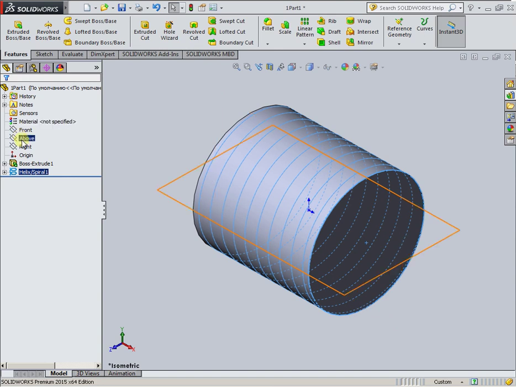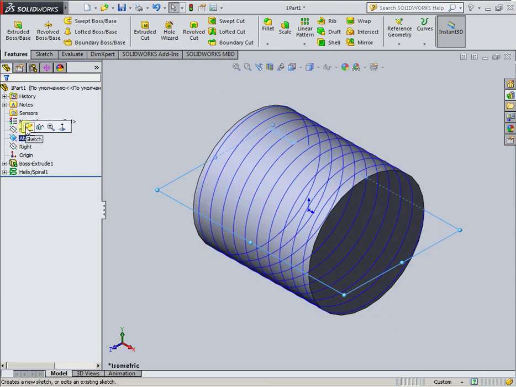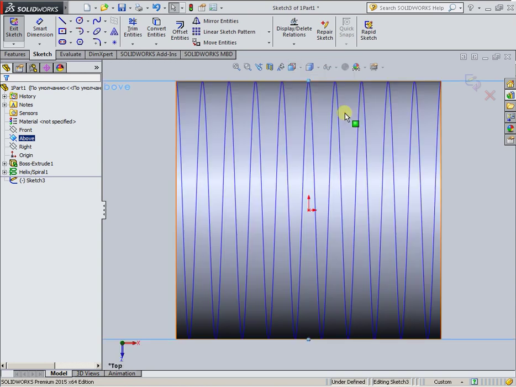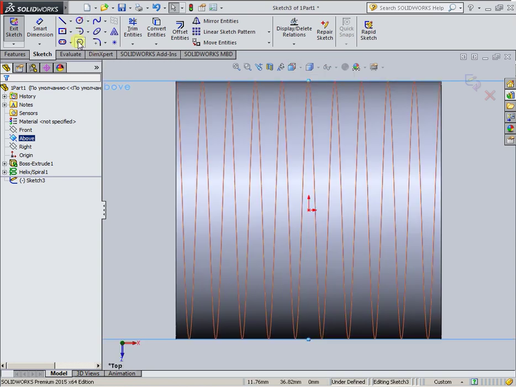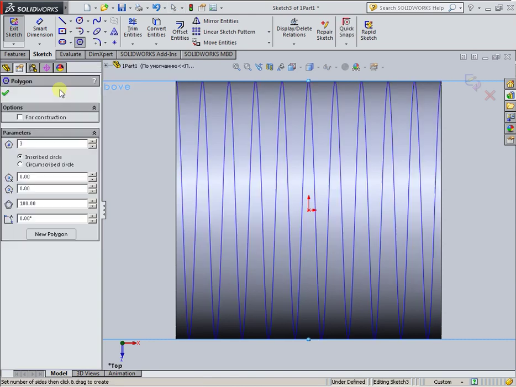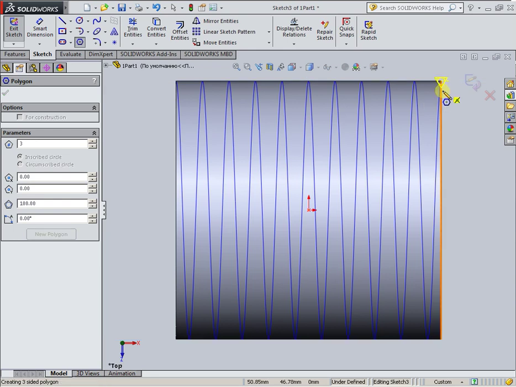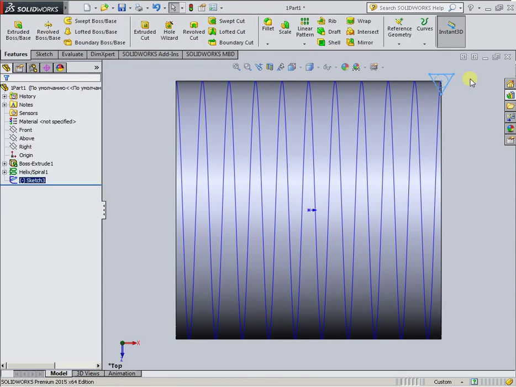On the plane above, create a sketch of the profile of a thread. Change view to normal and create a polygon. It's a triangle. Create the triangle, exit from sketch,